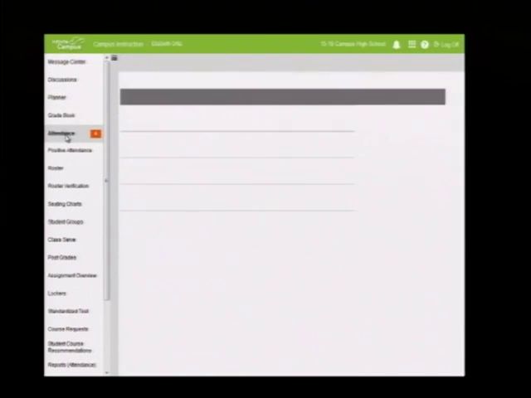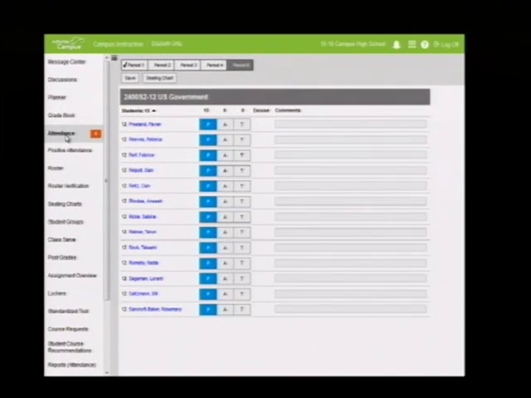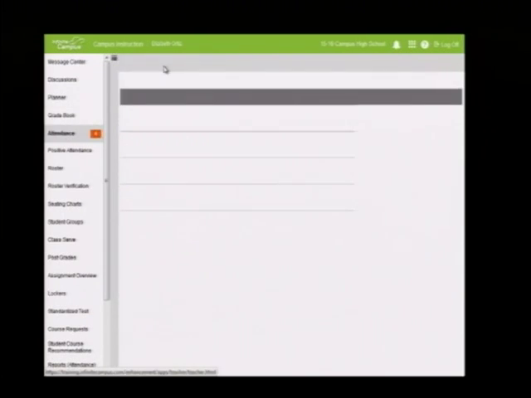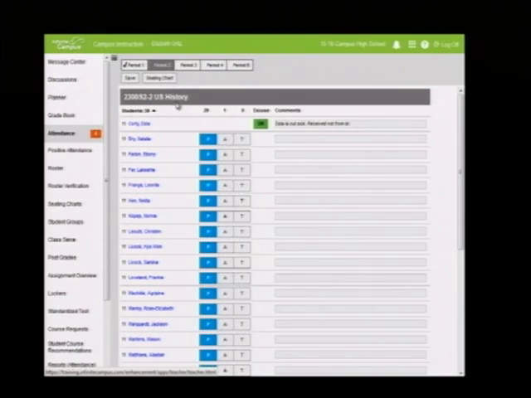Really quick, if I'm a teacher, this is what my attendance looks like. We see it defaults to period 6 because that's the time of day it is. So it does follow the period schedule, and it will default to the period that you're currently in. Now, if I know I forgot to take attendance on period 2, I go back to period 2, I see my kiddos. As you can see, this is already done for me. I don't need to do anything. But I can just say save if everybody else is here.